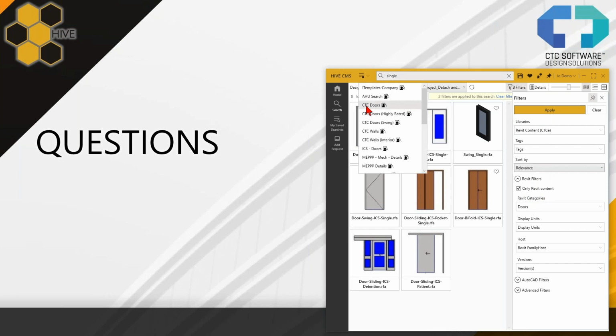I started out a little generic. When I use just the basic search term here of CTC doors, this tells me that I'm looking at my corporate library for a particular category of object. And for these types of searches, like doors and walls, I would expect this to be everything within there that matches that criteria. Now, there are other times when I don't do that, when I do something like CTC walls interior,